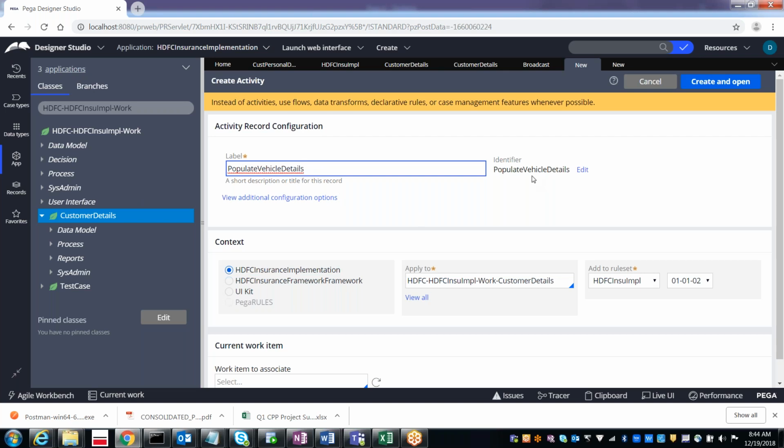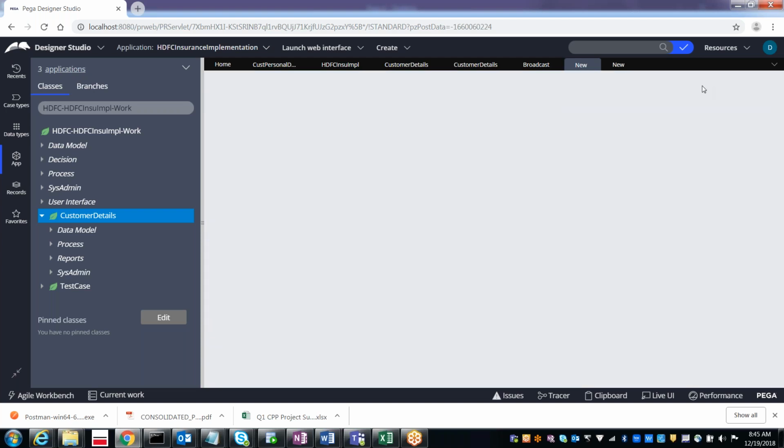The label itself will take by default the activity name, and then as usual the application name, the applies to class, add to rule set, and the rule set version. See, as I told you, I already logged 010101, so from now onwards you can only have 010102, which is the unlocked version and available. So select create and open.